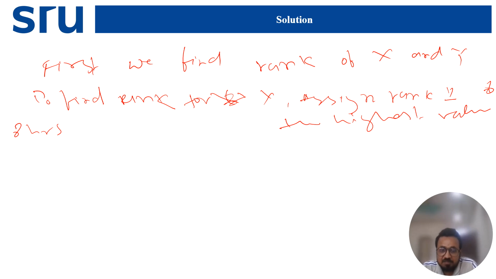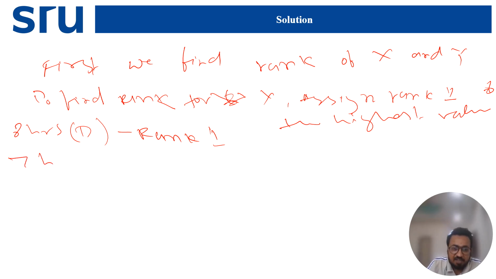That means whoever practices more will get the first rank, and then subsequently we will give the ranks. For 8 hours, the maximum practice, this is for student D for the data X. That's why we give the 8 hours for student D rank 1. Then 7 hours for student E will give rank